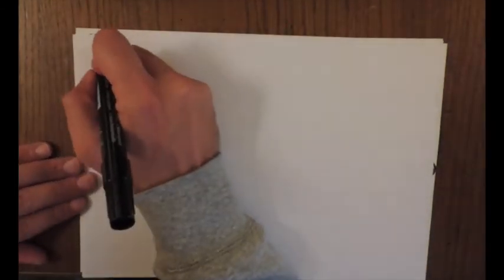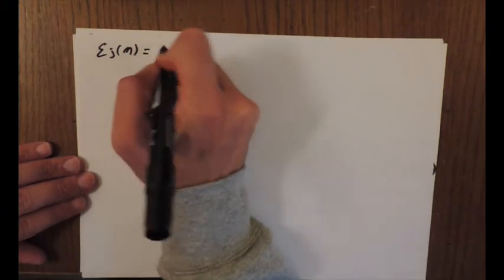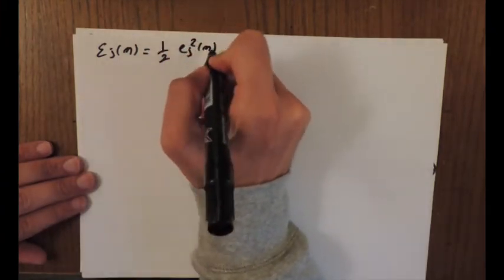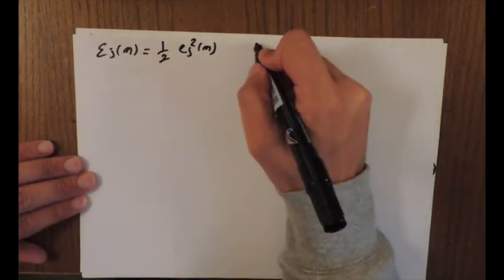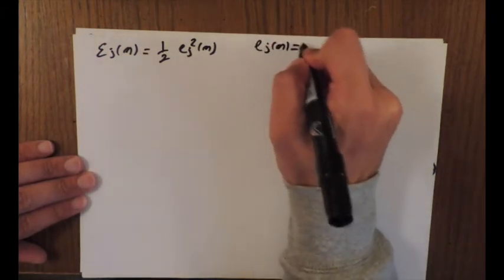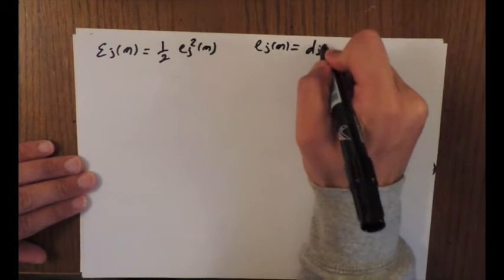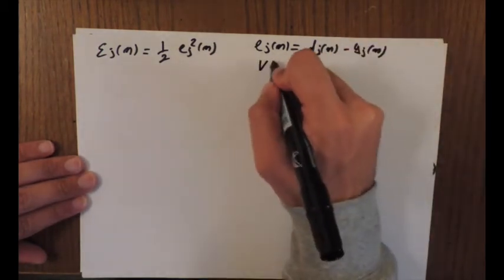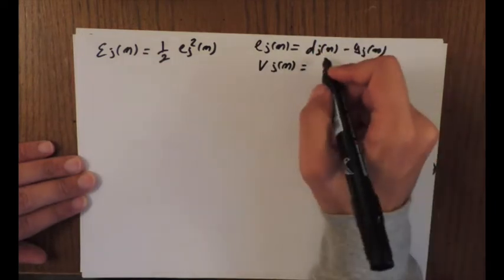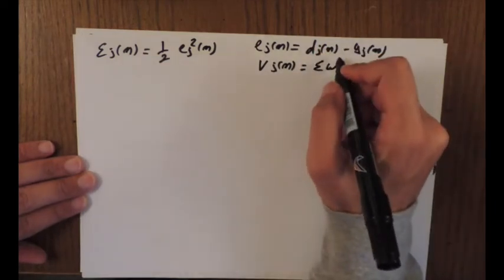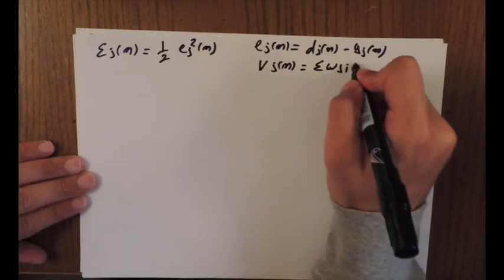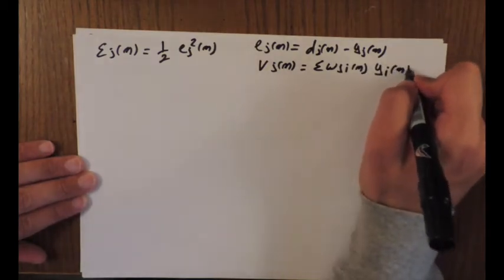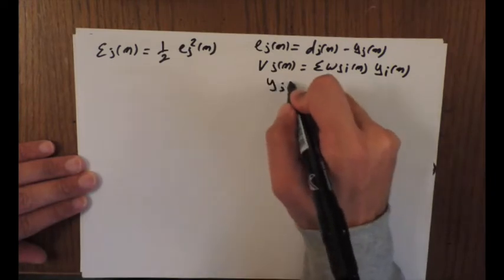We have Ej(n) equal to half Ej squared(n), and remember that Ej(n) is equal to dj(n) minus the computed output. We have Vj(n) equal to the summation of Wji(n) times Yi(n), and Yj(n) is equal to